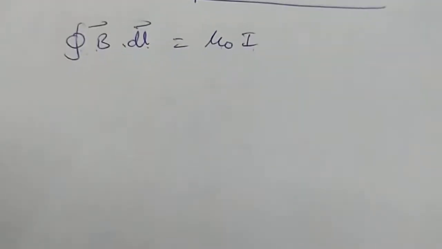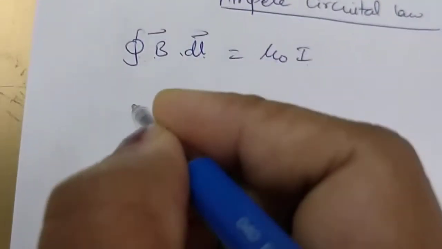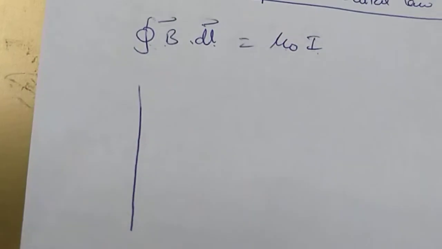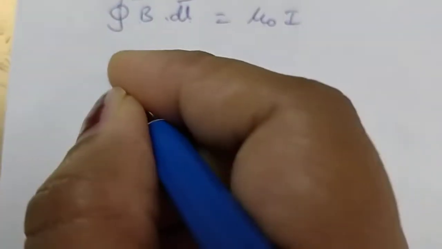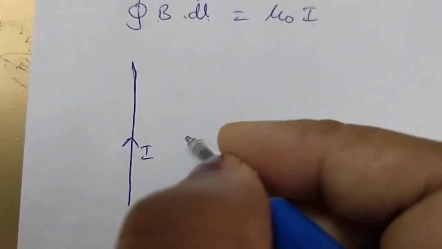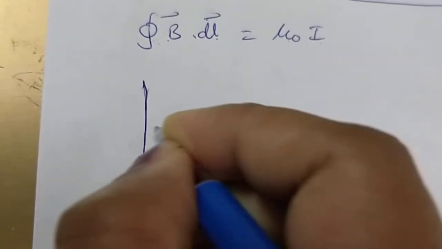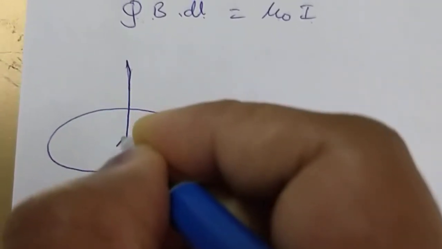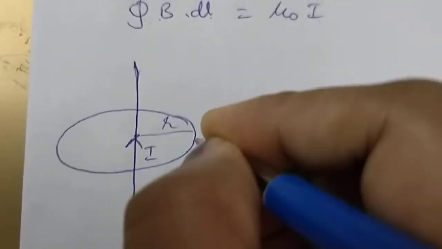And if you have to prove it, for proof we'll take the simplest proof for a straight wire. Suppose this is a straight wire which carries current I. So first step, like in Gauss theorem, first step was to assume a Gaussian surface. Here my first step will be to assume an Amperian loop. So I'll consider a circular Amperian loop with the wire as the axis of this loop. The center of the loop will be on the wire. Let the radius of the loop be r. So current is passing at the center, and this is just an imaginary loop of radius r.